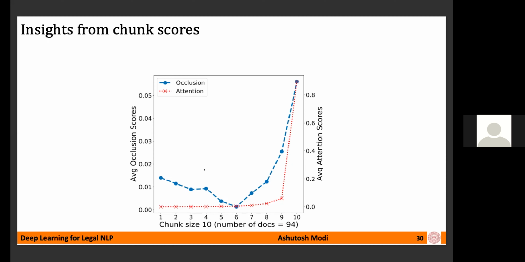An interesting observation is that they give high scores to the chunks which come later in the document. This is in agreement with our earlier observation that most of the semantic and syntactic cues to make the final decision are present at the end of the document. This is just one graph here, but we provide more analysis in the paper. I'm going to tell you about the link to the paper later.